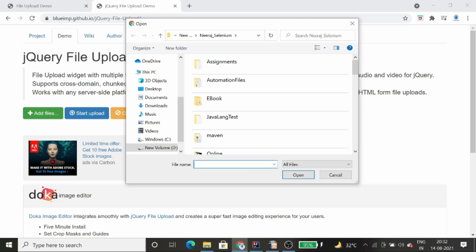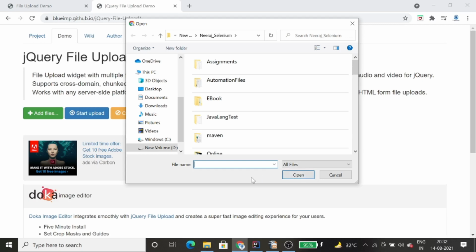What we need to do is the same. The focus is there in the file name. So what we need to do, we need to select the path, or we paste the path over this, right? We will paste the path over here, or we send the path over here, and then we'll transfer the focus to the open button, right? So how will you transfer the focus?